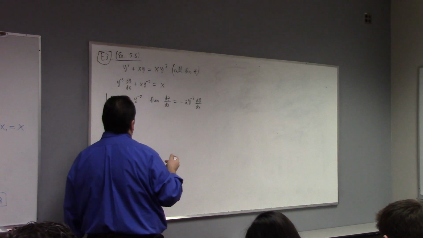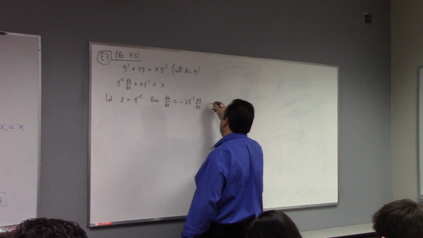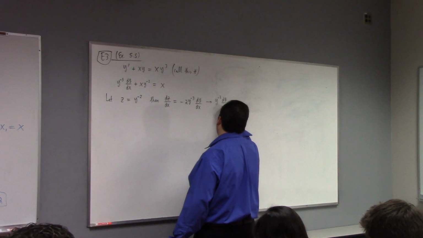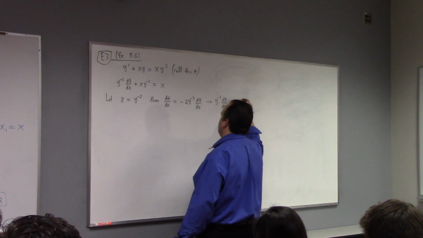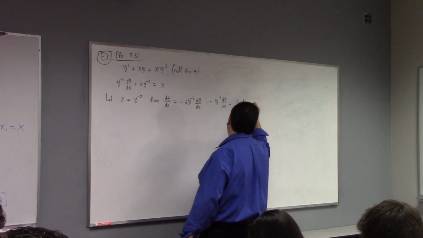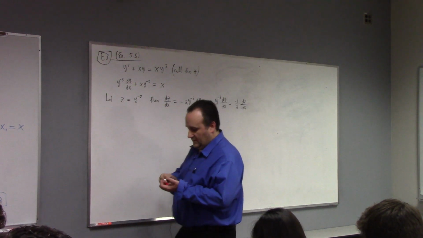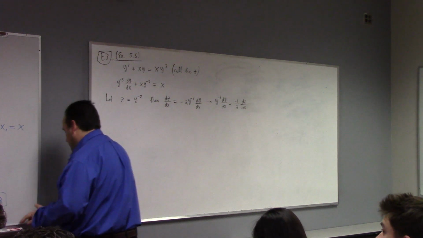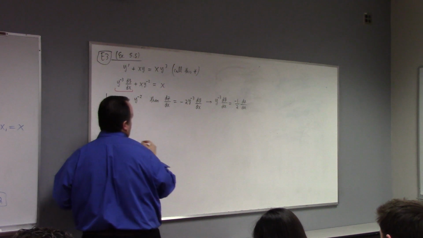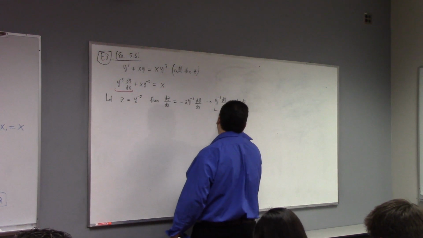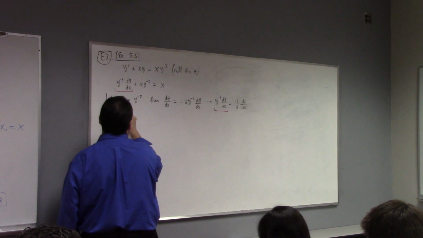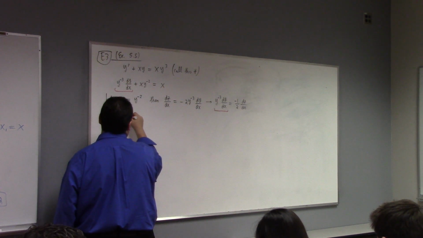And then, if you look at this, see what this says? This says that y to the minus 3 times dy dx is actually equal to minus 1 over 2 times dz dx, right? So if you look at that, that's what we have up here, right? See that? This and this match, which means I can trade out this y to the minus 3 dy dx for a minus 1/2 dz dx,